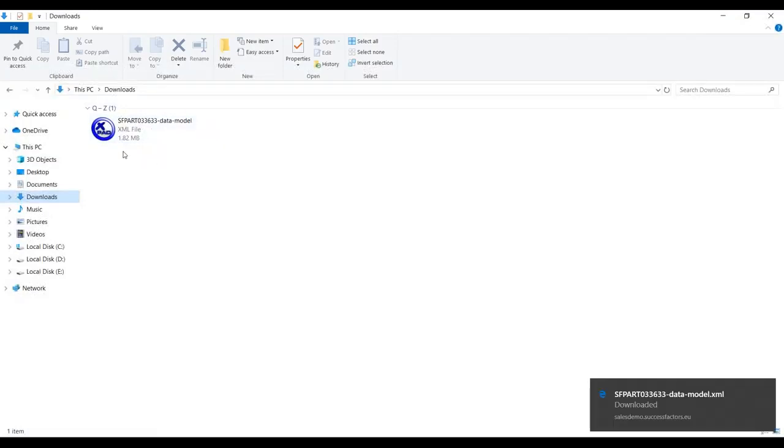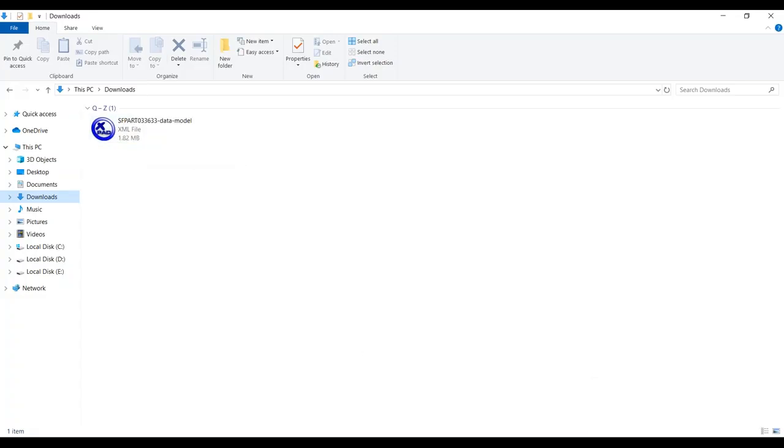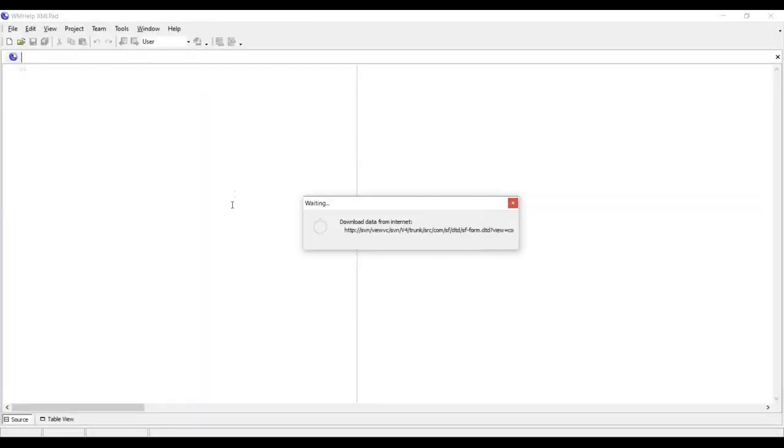Now, when you go and open this XML template or data model in your XML editor, you can see here XML Pad. So I'm going to open it directly by clicking on this succession data model. So now when you open it,